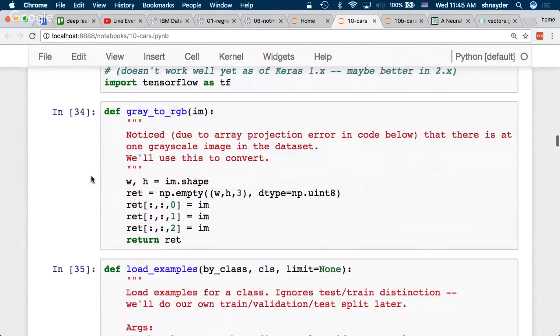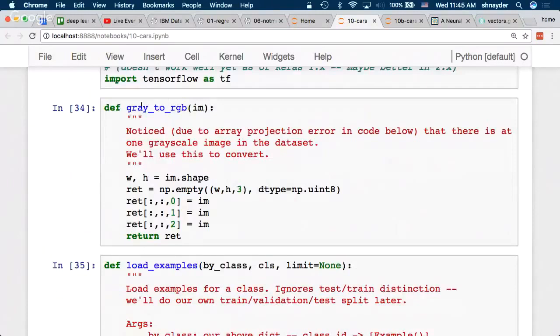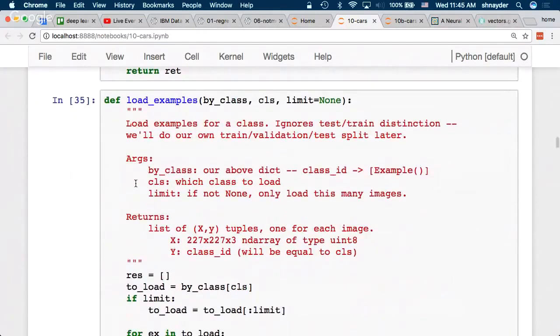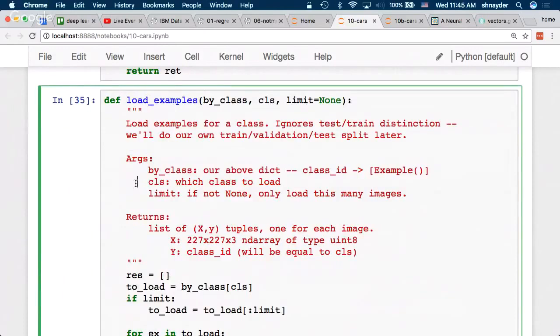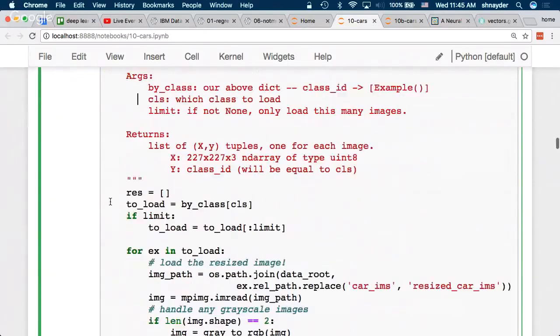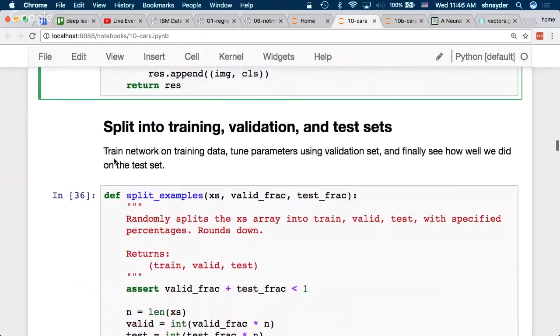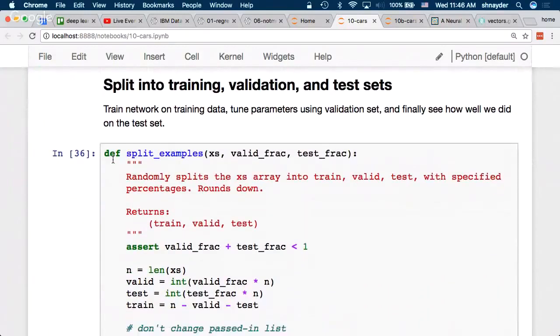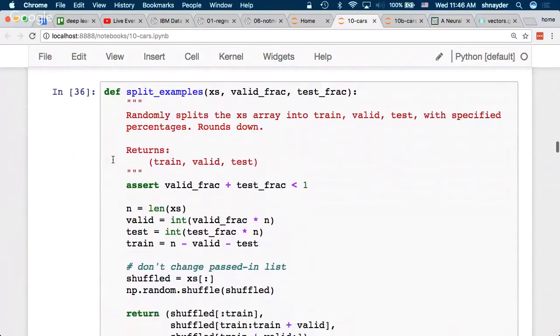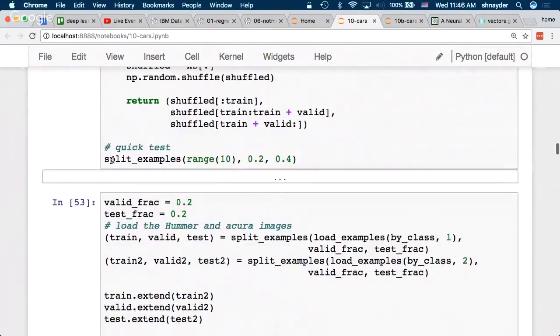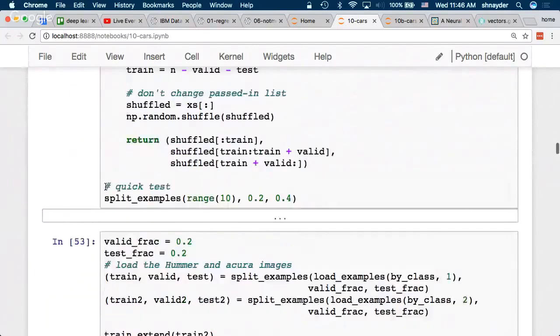Fine. So load the data, and have it explode because there's one image that's grayscale and everything else is color. So fine, convert it back to color. Load the data, and I think I have a split later. Get all the files into memory, which I can do because this is still a small data set. Split them into validation, test and training, including shuffling. Remember, we want random order.